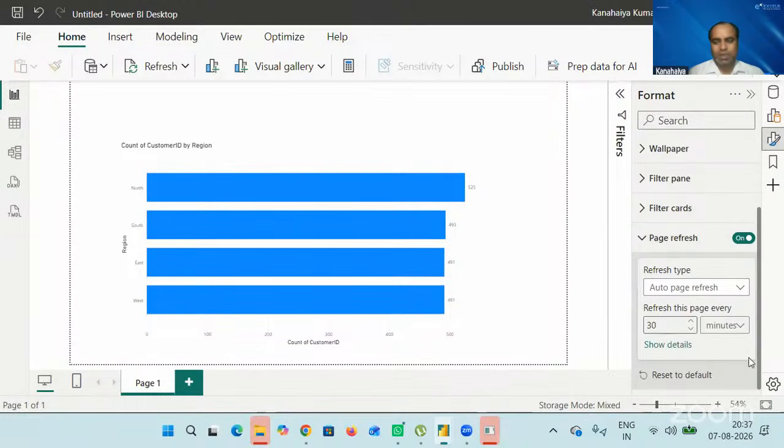See here you have the option in minutes, seconds, hours, and days, right? So you can use seconds also, and the number of seconds, minutes, days, everything you can mention. You just need to select these units and then you can mention the value here. So I'll use seconds and let's say 5 seconds. So every 5 seconds,